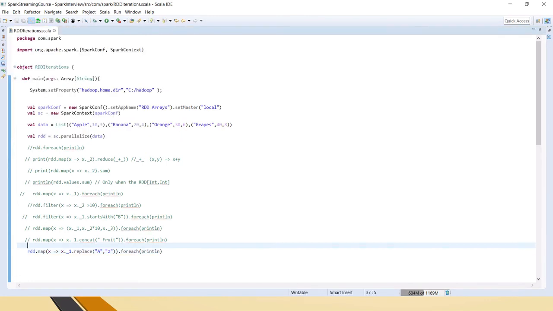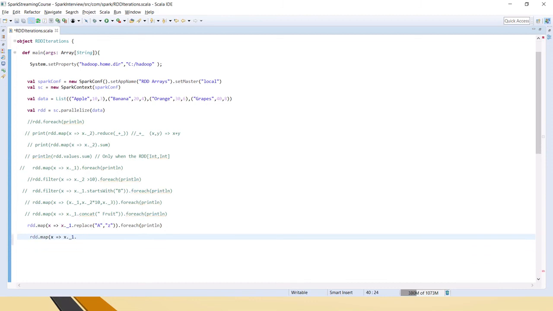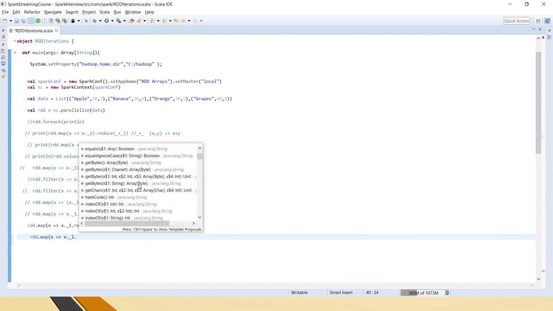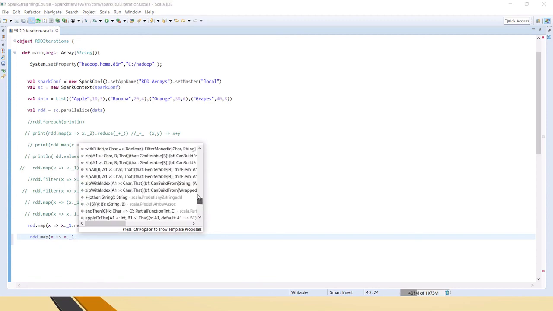Similarly you can perform dot here, and you have a lot of functions. You can apply toUpperCase, toLowerCase and whatever else is available. There are so many functions available, you can perform all these things.